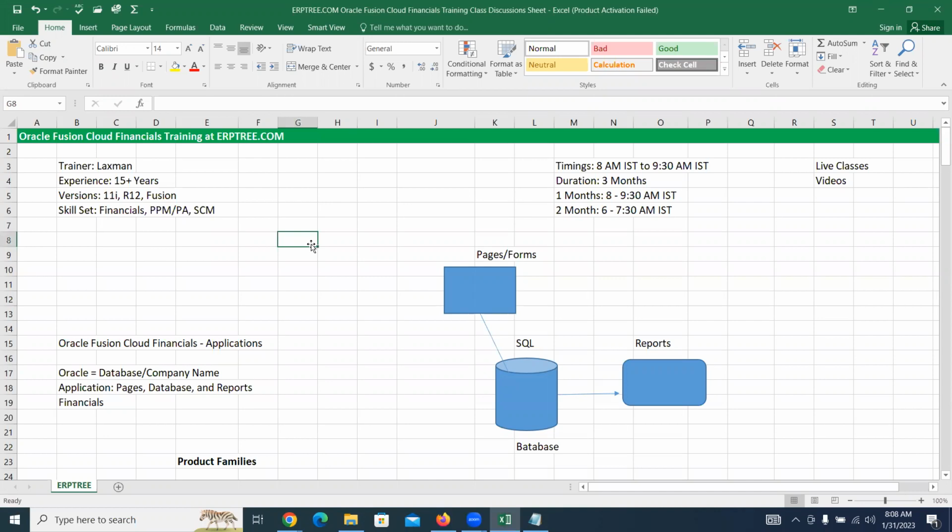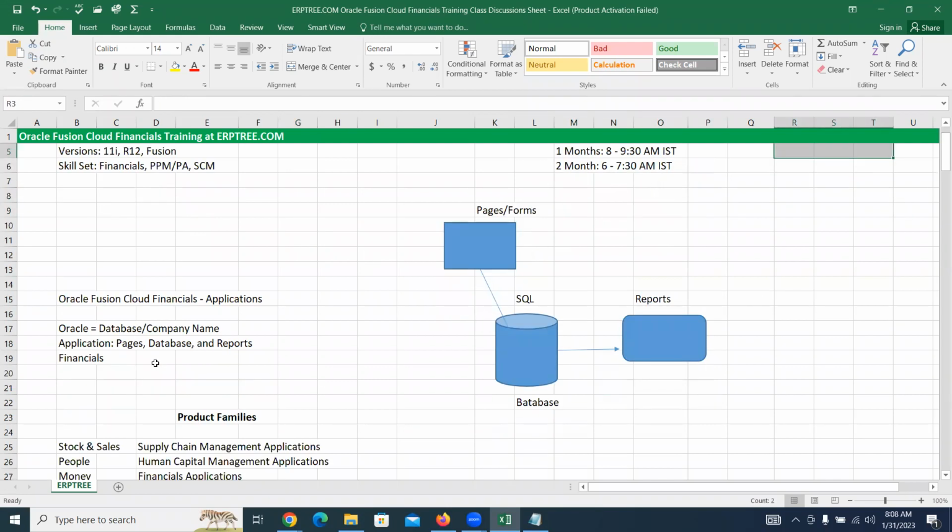First, we'll have a quick recap of what we discussed in the last session. We discussed the timings and the learning options, and the meaning of Oracle and application and financials. As a part of application, we discussed